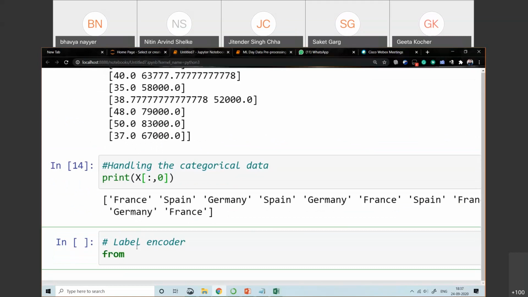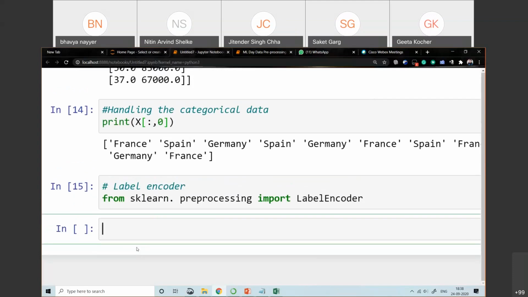So from sklearn.preprocessing, import, and what we need to import is LabelEncoder. Now we have imported this class.